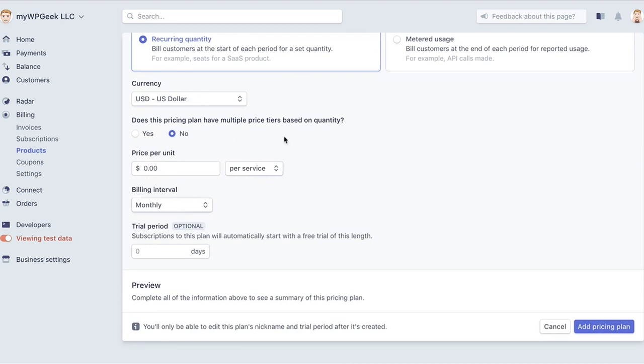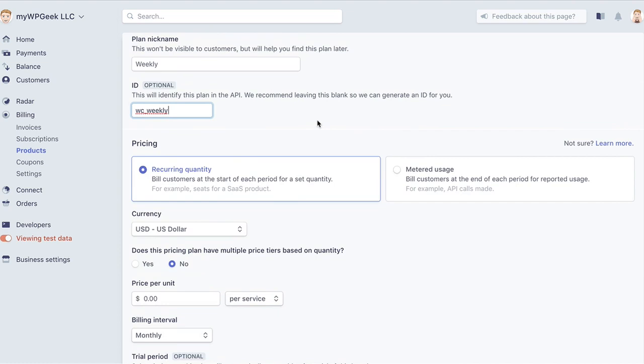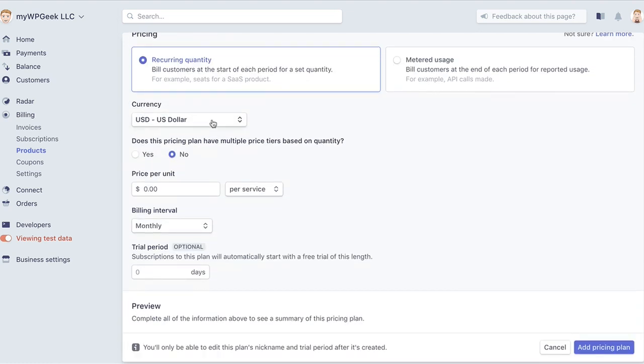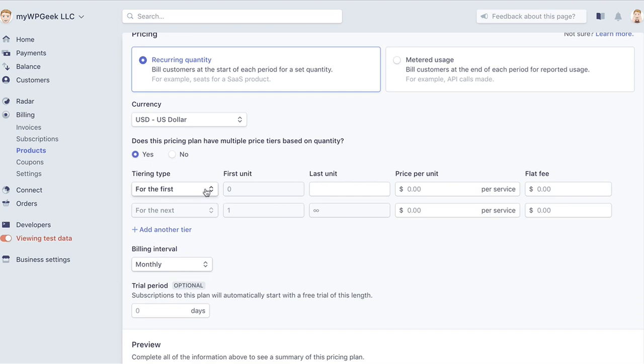Does this pricing plan have multiple tiers? So we're talking about how products can have multiple pricing options, and now you have pricing options that can have multiple tiers. Okay, so multiple tiers for window cleaning could be something like, let me think here. If the total quantity is something, or the other option is for the first, right? So you could do for the first so many windows, the price is different. You can set it so that